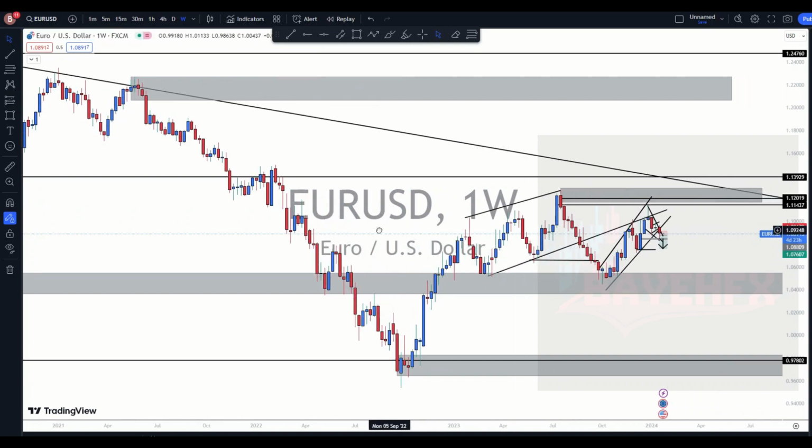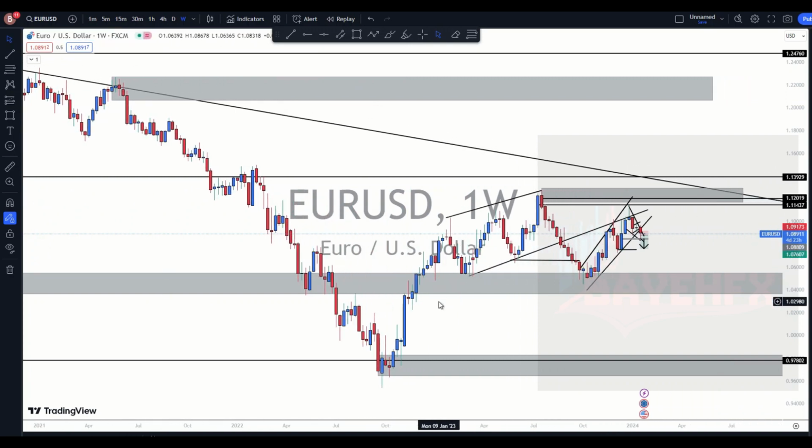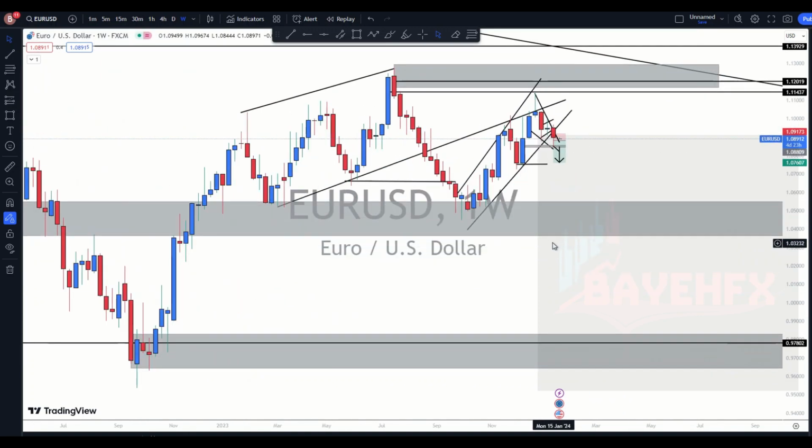Let's break it down. You will notice that we are in an uptrend, that's a weekly correction. We're breaking structure here. Then what happened? The market came back down and cleared the last low, which confirms what? A change of direction. After the market gives you a change of direction, the market went back up and swept